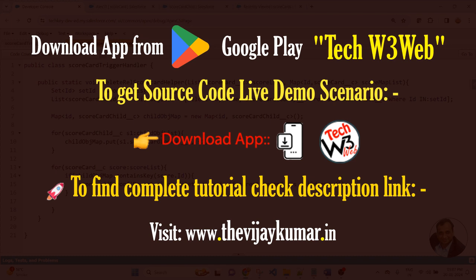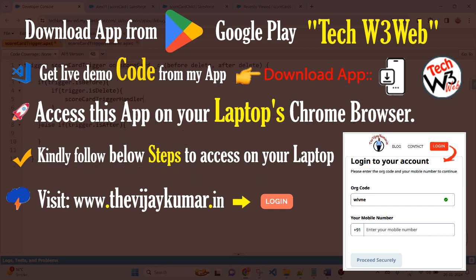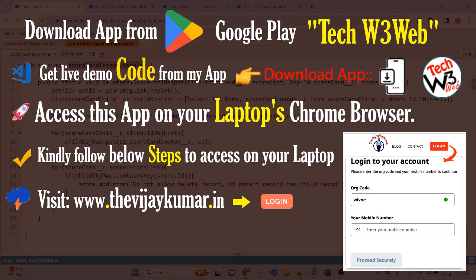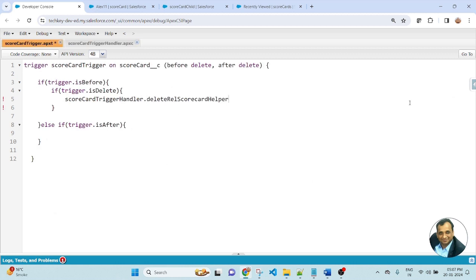So my method name is deleteRelatedScorecardHelper and the controller name is ScorecardTriggerHandler. So first we will call the controller name dot method name. My controller name is ScorecardTriggerHandler. Copy the name and pass here. Dot, write the name of the method. My method name is deleteRelatedScorecardHelper. Copy and paste here, and brackets.